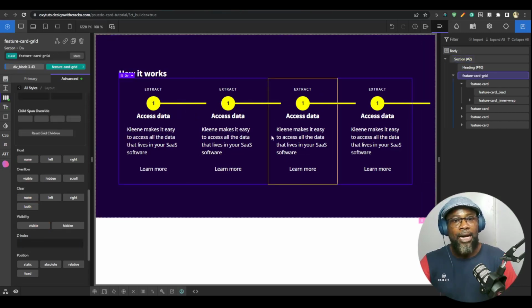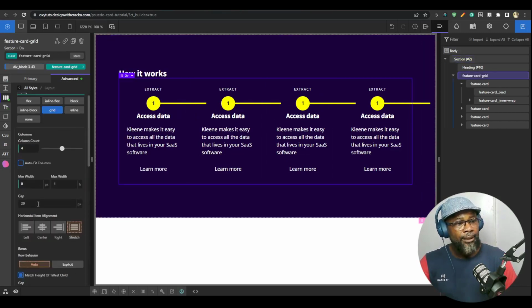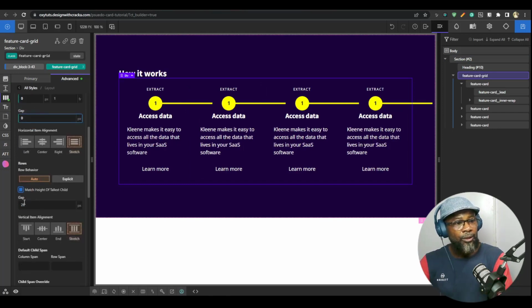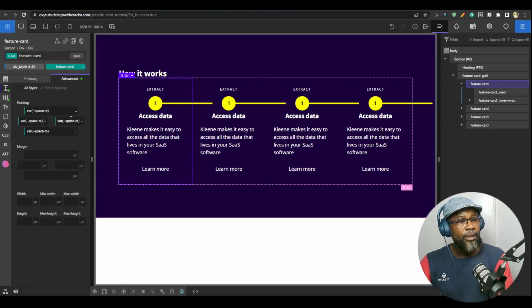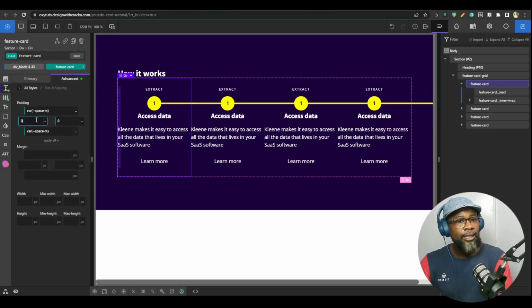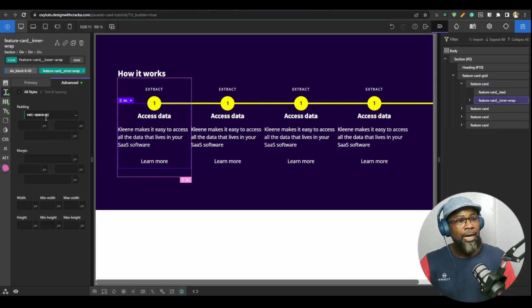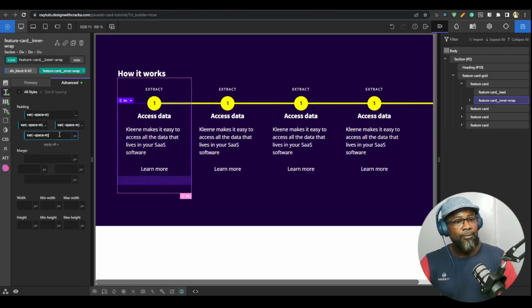So what we're going to do right now is go back to this grid, okay? And this grid is not going to have a gap, so let's clear that gap for now. This shouldn't have any spacing, so I'm just going to clear that. It's not supposed to have any spacing. So you can see it joins, but the inner wrap is going to have that space M that we talked about. So let's just make the inner wrap that, and then